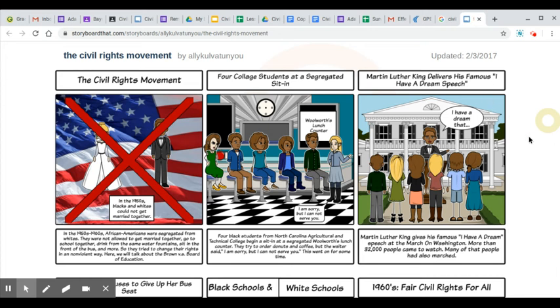I do have a student who's already said that she's going to actually try to do an interview, make like a podcast. Other students are going to make YouTube videos. That's awesome. I'd love for you to be as creative as possible. You don't all have to do these storyboards. That was just one option.